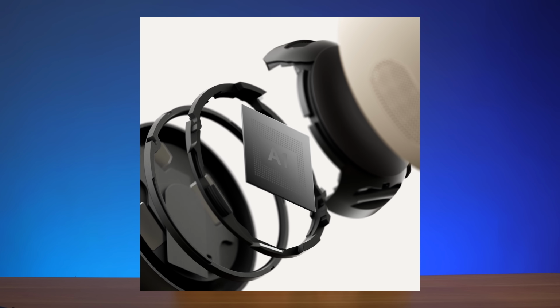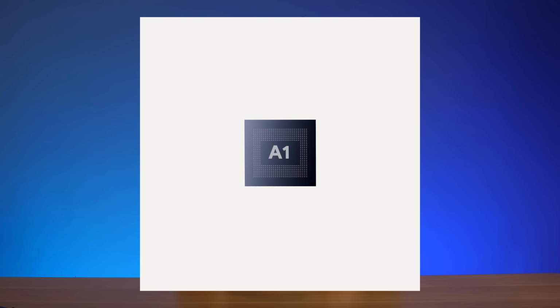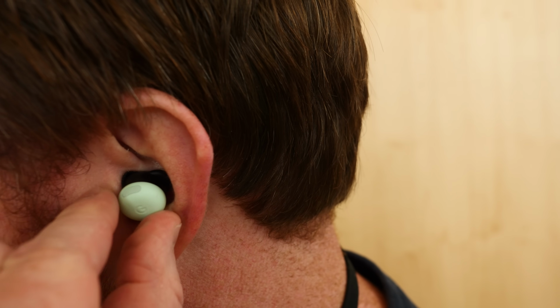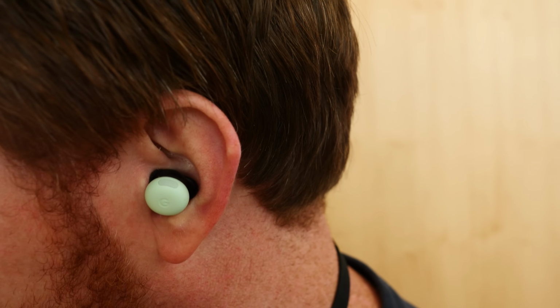It has a Tensor A1 chip that was built for advanced audio processing that processes audio 90 times faster than the speed of sound. This will also help the buds adapt to your environment, canceling twice as much noise and help deliver clearer calls. When placing the buds in your ear, they have what is called a twist to adjust stabilizer to help lock them in your ear when you're working out or keep them a more comfortable fit throughout